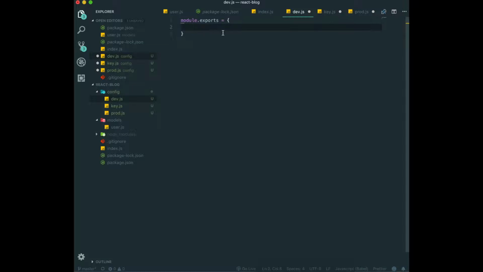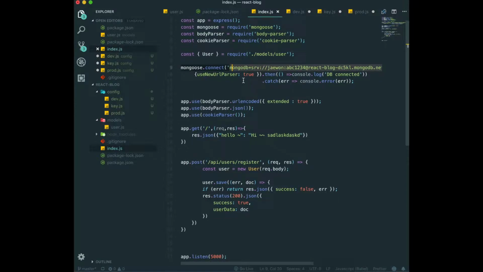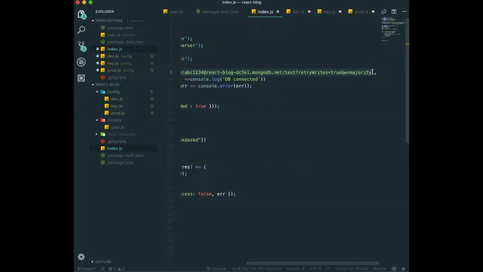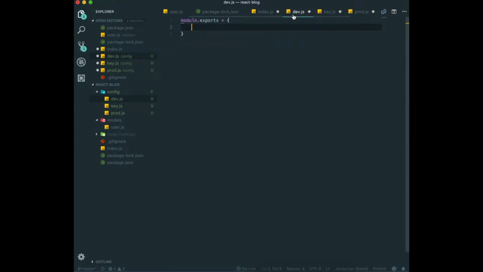So first, we are gonna put all the private information in here. So where do we have our private information now? If we go to index.js, actually we have this one in here. So we will move this one into dev.js in here. But if we just put it in here, it won't work well. So first we will have some variable in here. We will need to name this mongoURI, and then we need to do like this,